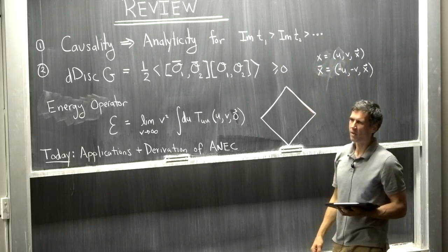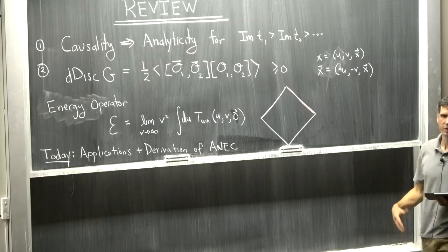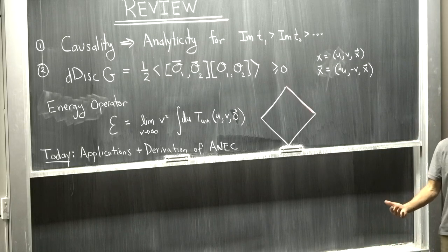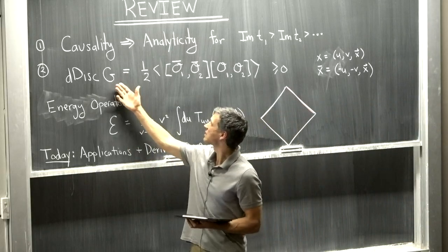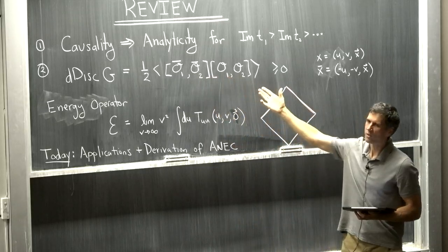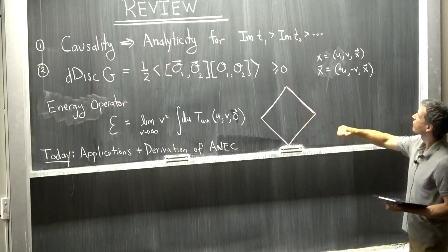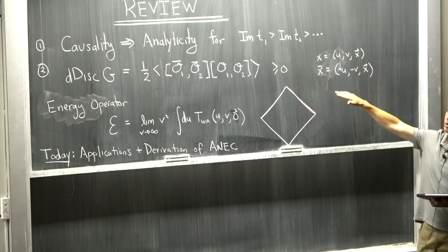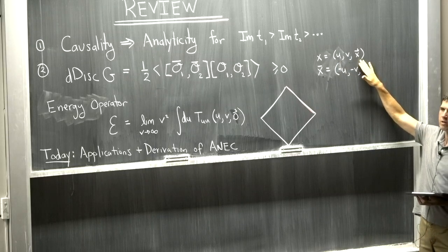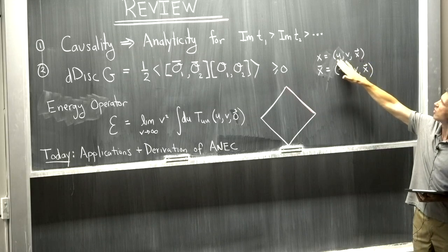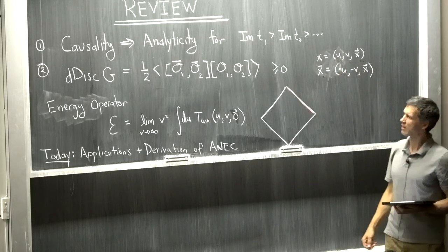Another key point was Rindler positivity. And we use Rindler positivity to argue for the positivity of the double discontinuity, the D-disk. So the D-disk is this double commutator in reflection, in Rindler reflection symmetric kinematics. The Rindler reflection is denoted by a bar. I think when I wrote it before, I used Cartesian coordinates, t, y and x vector. Here I'm going to use null coordinates, u, v and x vector, but the reflection is the same. It just flips the sign of u and v, leaving everything else invariant.